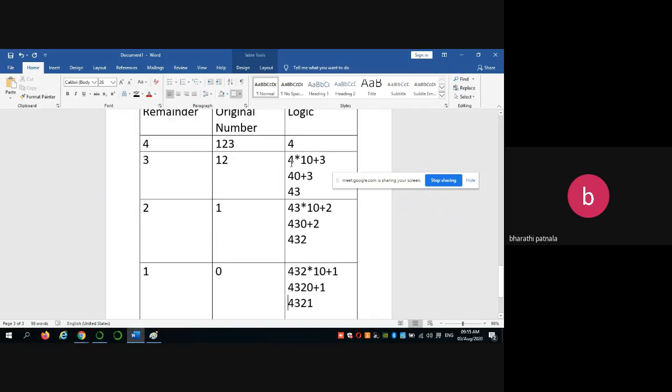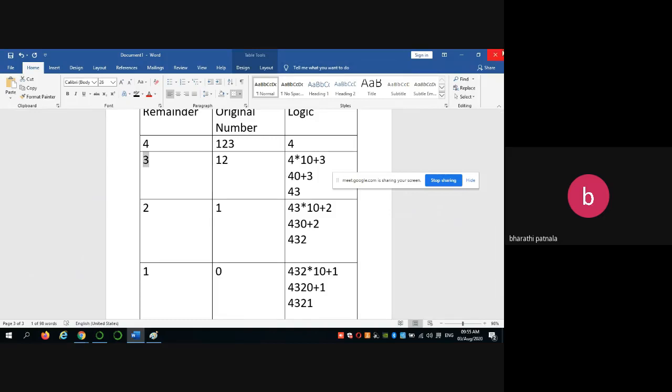Okay, so that means here you can consider it as a sum. For assumption, make it as sum. So sum into 10 plus here the remainder is r. So the code is sum into 10 plus r.